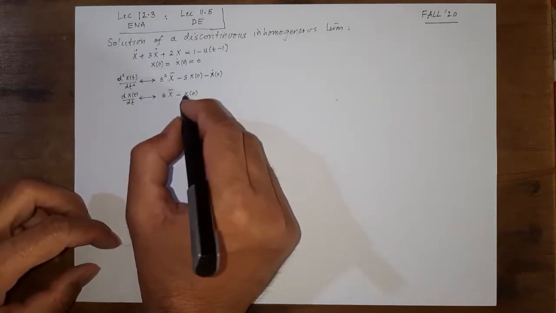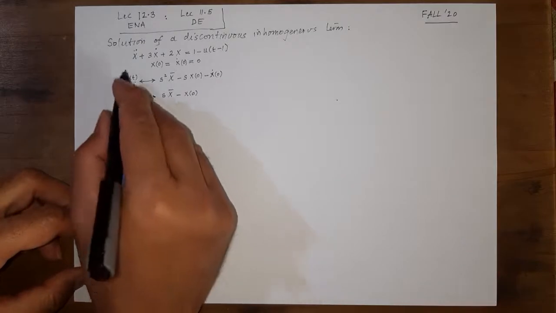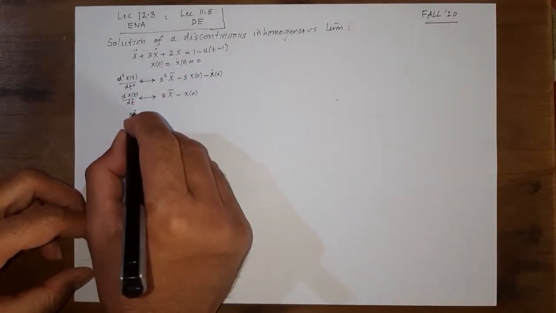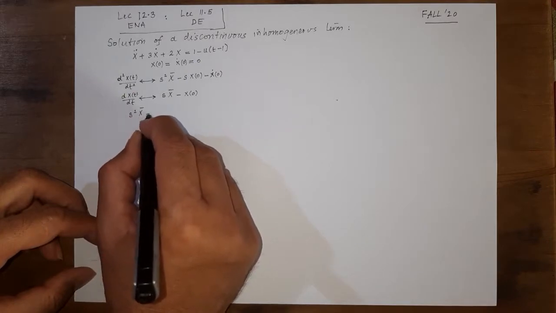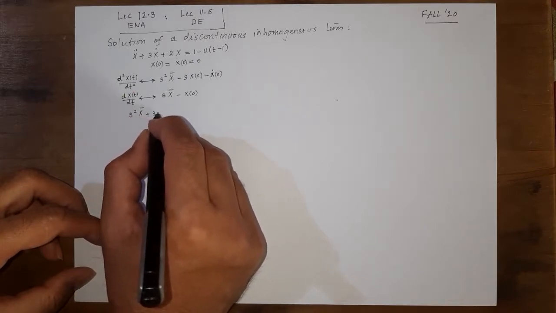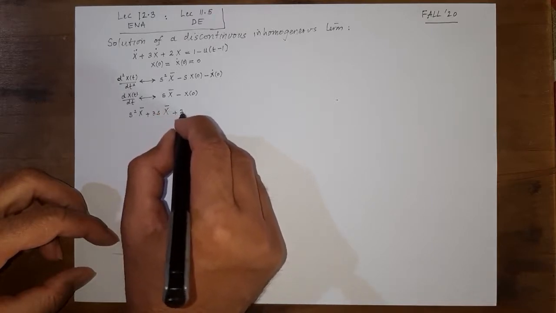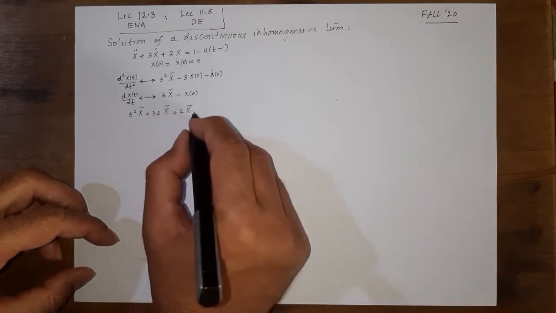So since these are 0, if we apply the Laplace transform to this whole thing, we are going to get s squared X plus 3s X plus 2X